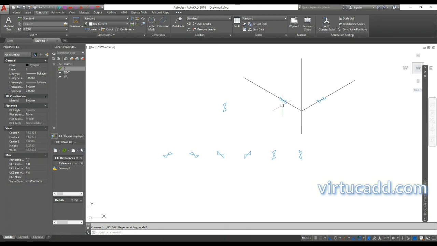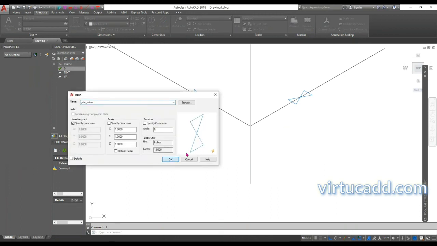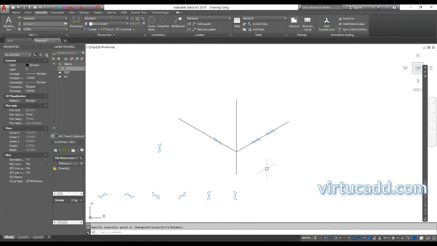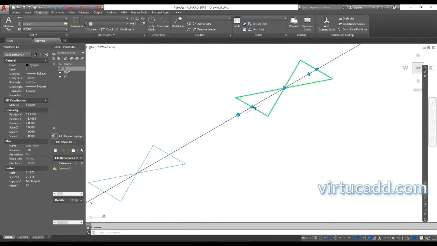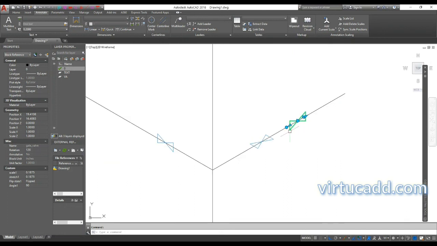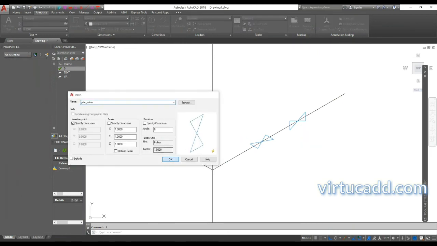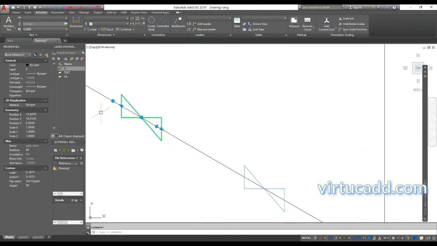We have this one, we have this one. Now this one, we can have anything. Again we will place that here. Now what we want, we can flip it. Okay, we have this one also, right? Again we can rotate it.